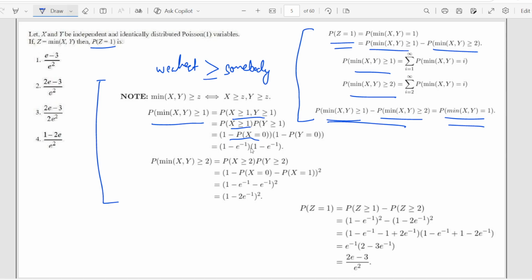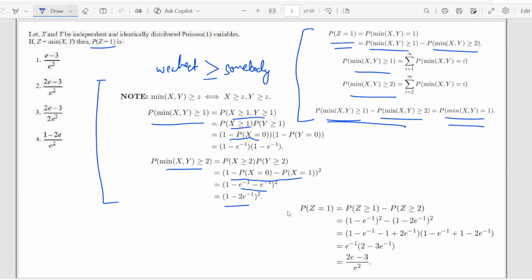And based on Poisson distribution with mean 1, we know that the probability of that variable being 0 is going to be e inverse. And similarly for greater than or equal to 2, we write it as the square of this, and it's a square because the same thing that is happening for X would happen for Y, so it's the product of these two, the square. And once we figure out the Poisson masses at 0 and 1, they are the same, e inverse,